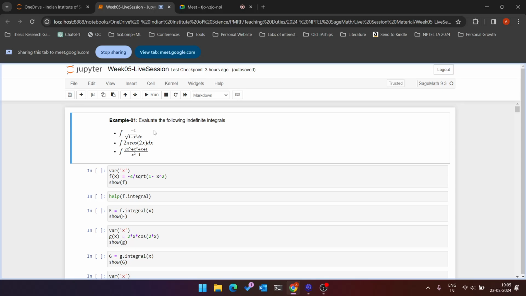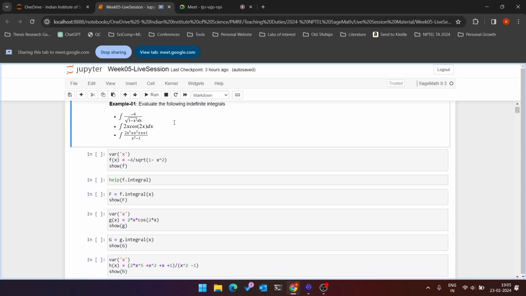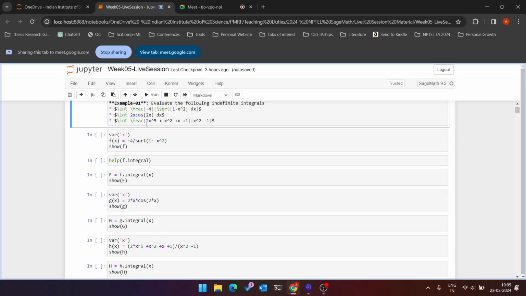So the first thing that we learned in this week was about integrals, specifically indefinite as well as definite integrals. How do we evaluate them? So the first example is on the same lines, where it asks us about evaluating indefinite integrals. The first function that we have been given is of the form